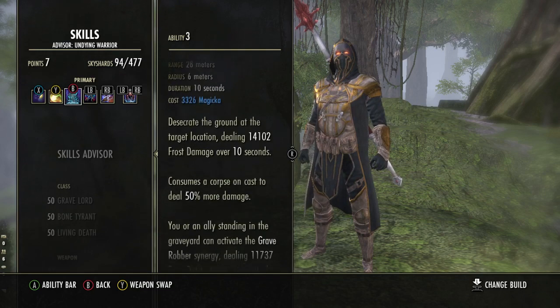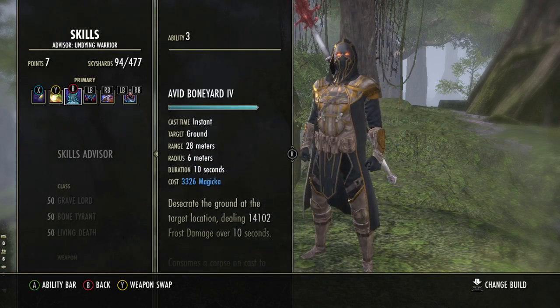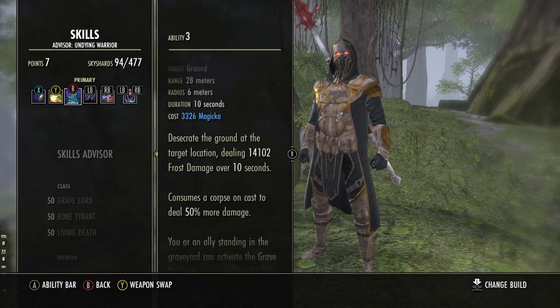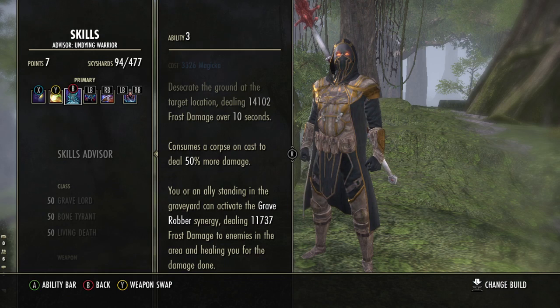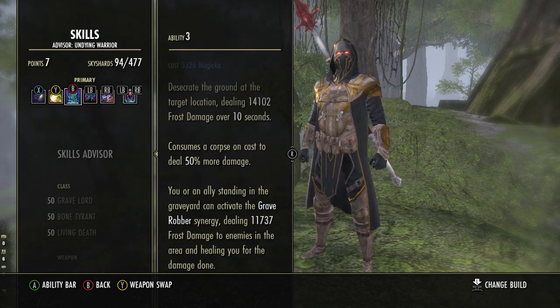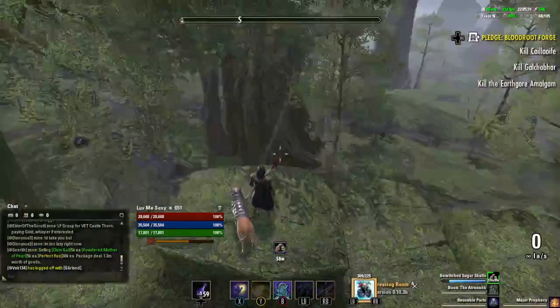And of course you have Grave Robber. It's an AoE on the ground. It summons a graveyard, does 14k over 10 seconds, and consumes a cast or a corpse on cast to do 50% extra damage, which is very nice. Then when you're standing in here, you can activate the synergy doing 12k frost damage. That's without a crit. That doesn't account for your